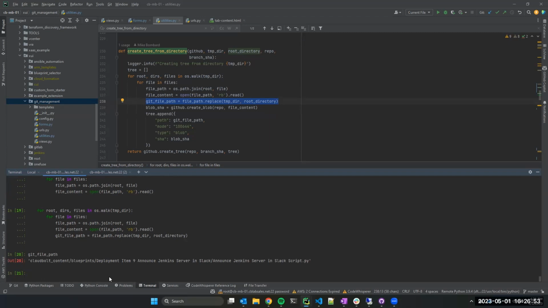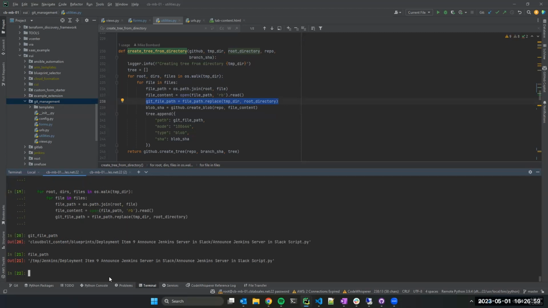Okay, so we're missing a piece of the path. The file path. What we need though is the Jenkins piece here. So let's see. So root, replace temp directory with root directory. Let's do content directory. We'll create content directory equals